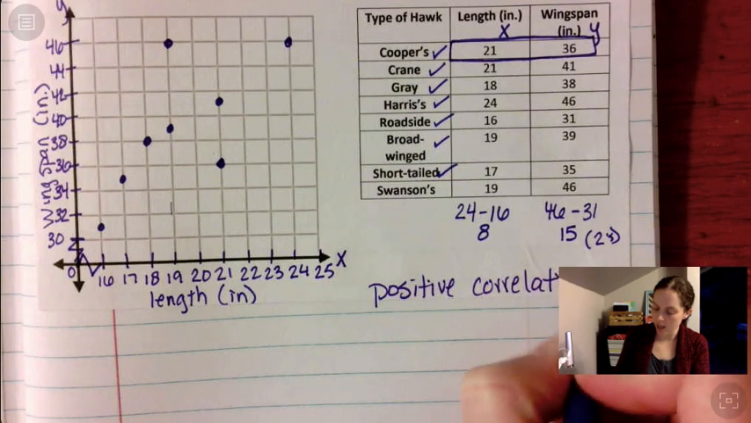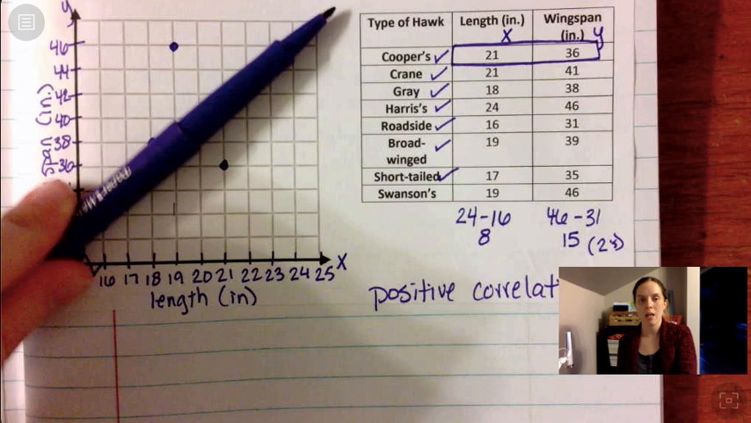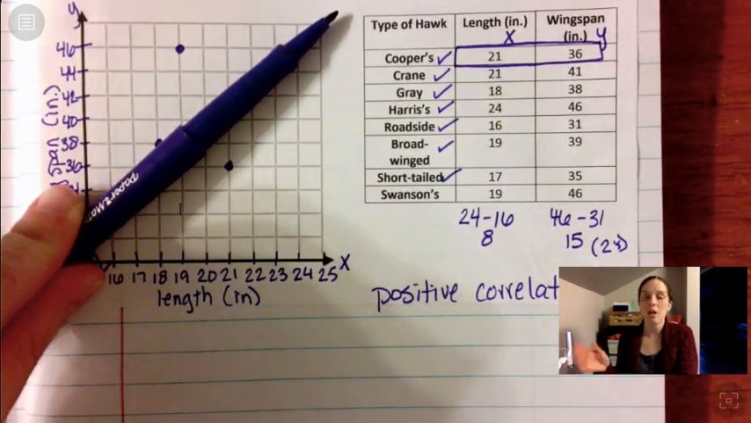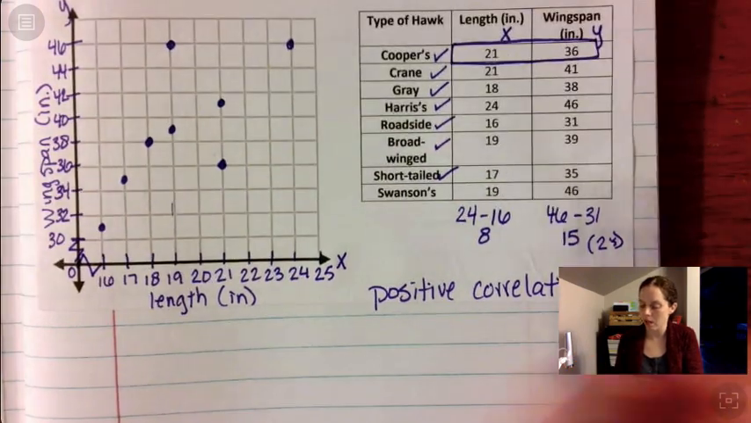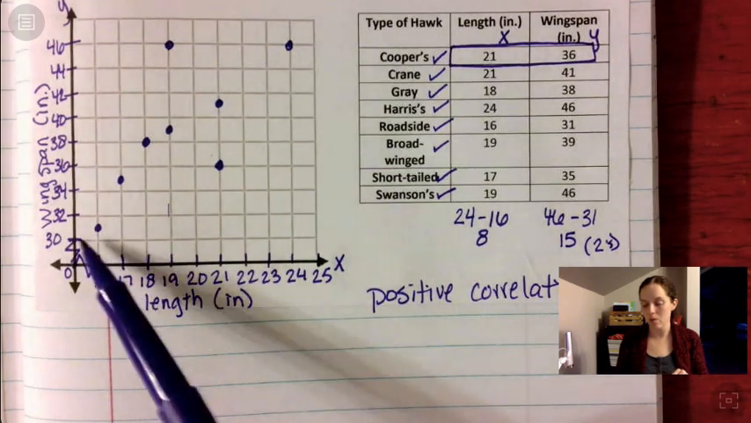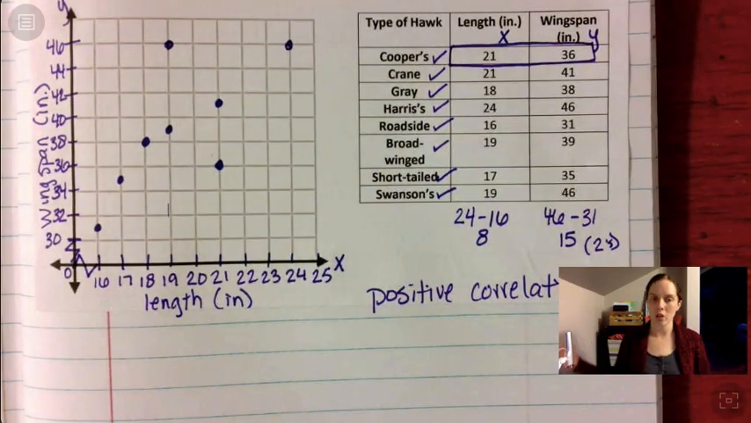If I drew a line going in the general direction of these points, it's generally going this way. These two points are kind of off of it, but again, those would be the outliers. So there's a bird that has a super long wingspan, right? This Swanson's hawk, it's way higher than the rest, okay? But in general, most of them follow along here, which means the longer they are, the longer their wings are,